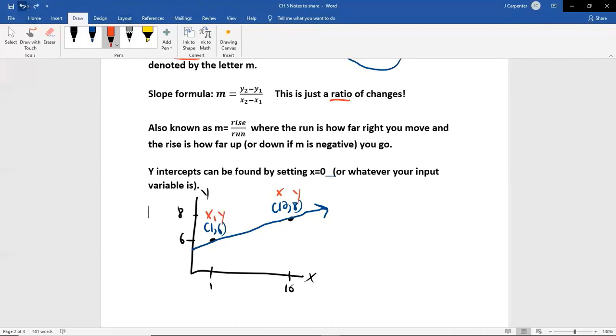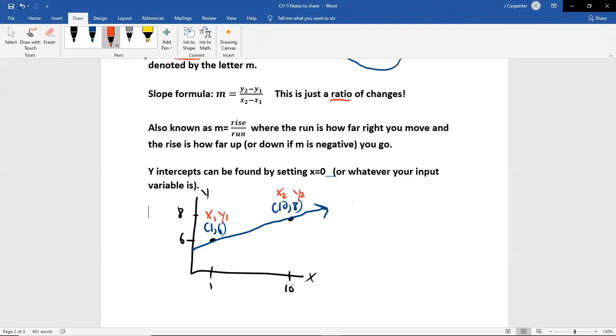If I call the x1, the y is y1, which would force this to be x2 and y2. But I am completely free to swap the 1s and the 2s here. I can call the first point the old and the second one the new. Usually we go from left to right, but it wouldn't get you an incorrect slope because the math would fix everything.